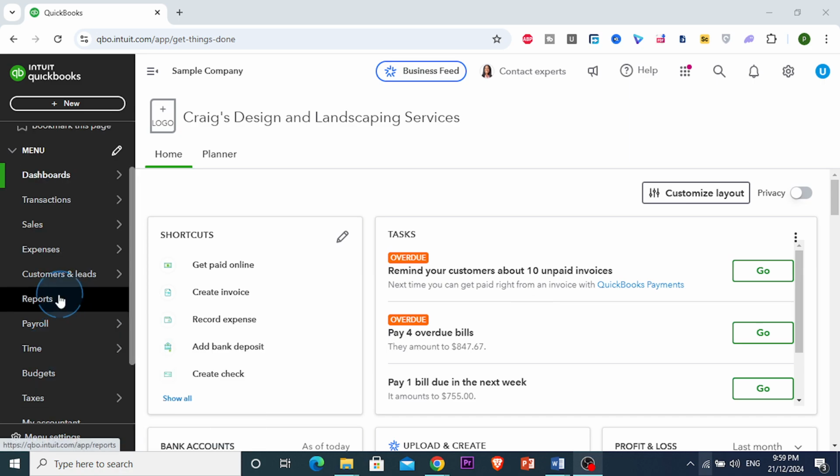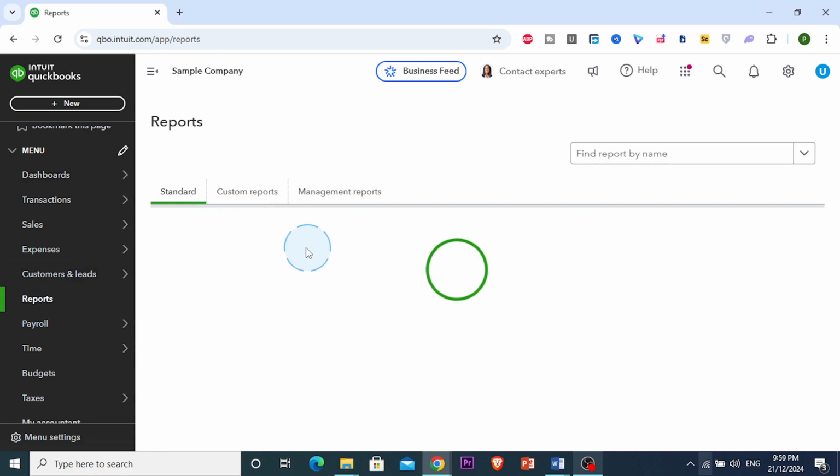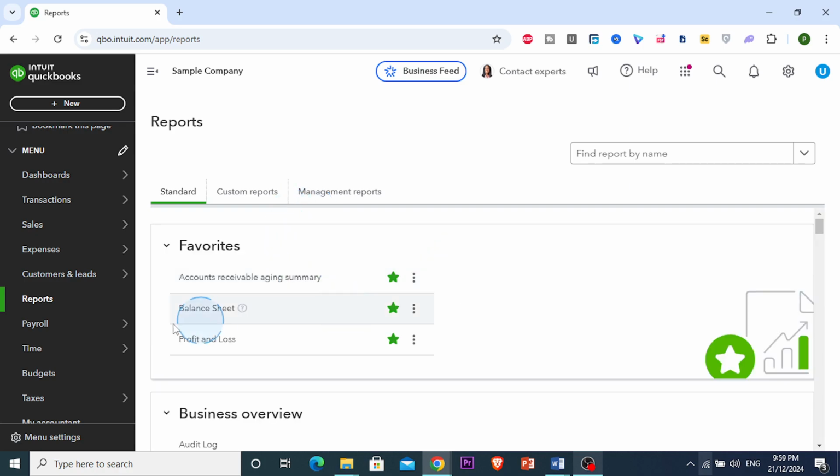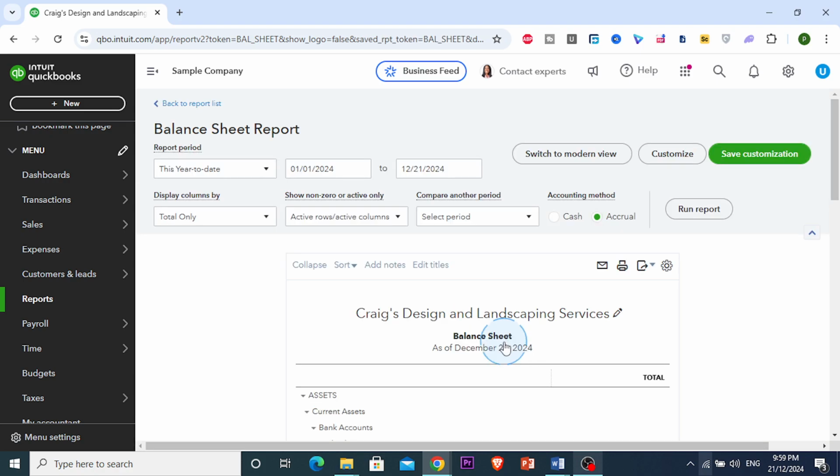So what you're going to do, for example, let's go to reports and we're going to select a report. Let's do a balance sheet, okay? We're going to go ahead and select the balance sheet. I'm going to export that data. Here, it's under our favorite section. Click on balance sheet and it will start to automatically create a balance sheet for us based on our data